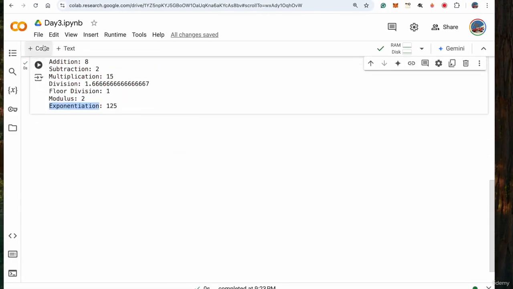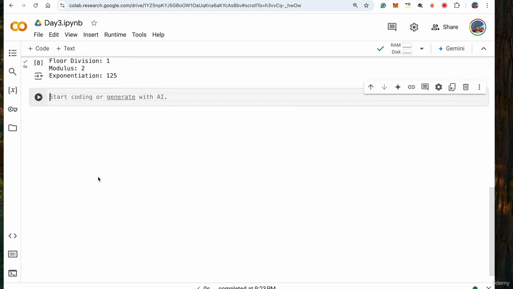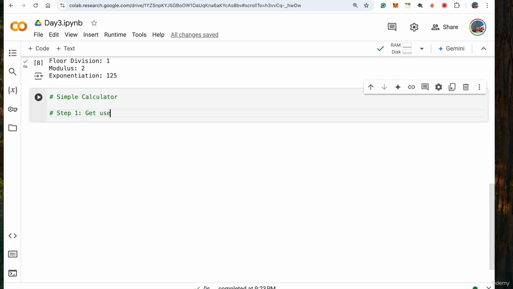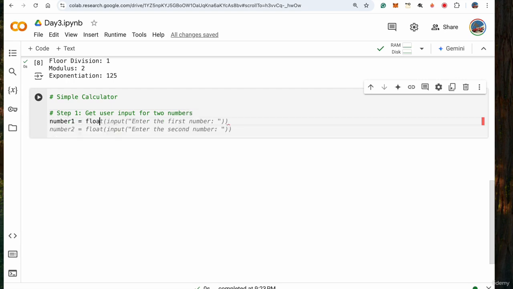So first step is, let's create a code snippet here. And I'm going to say this is a simple calculator. Next, I am going to say step 1 is get user input for two numbers. I'm going to say number 1 equal to float of input, enter first number, and number 2 is float of input, enter second number. Now our step 2 will be perform